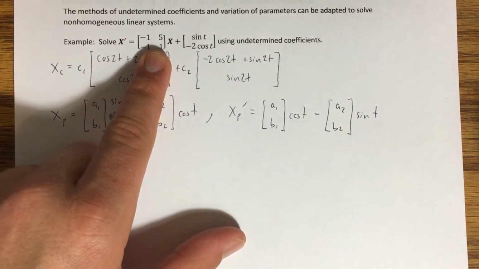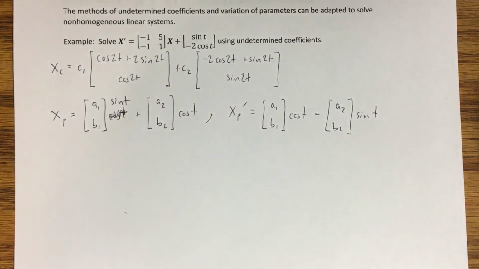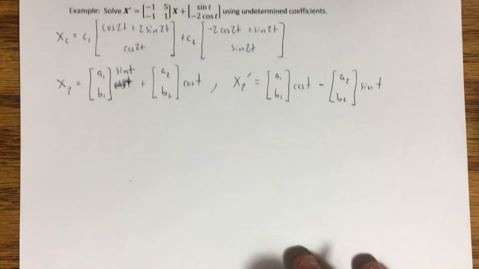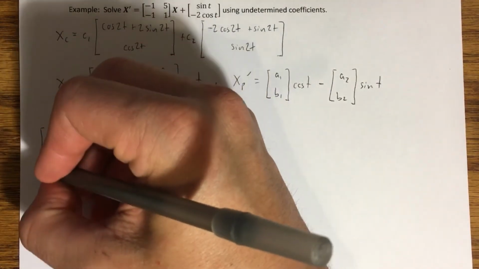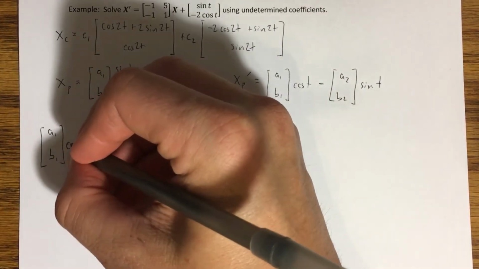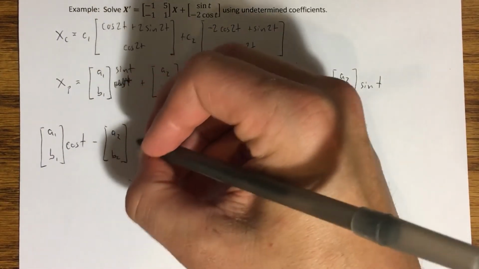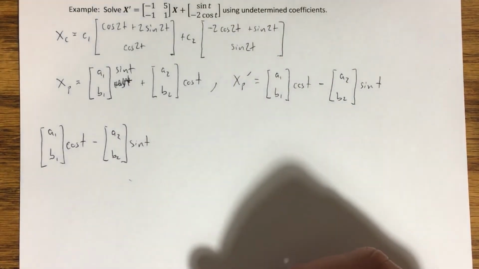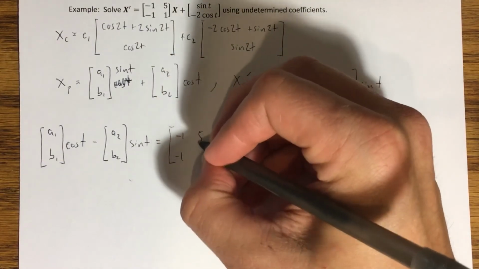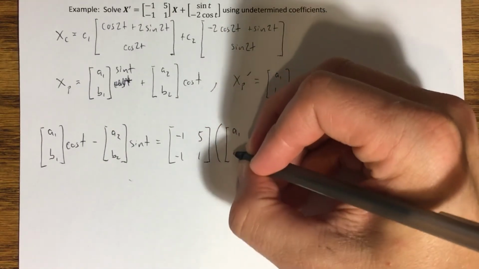up here. And I'm going to use that to equate coefficients to create this system of equations that I want to solve. So xp prime is going to show up on the left. Let's take that guy and put it on the left. A1, B1, cosine of t minus A2, B2, sine of t equals my coefficient matrix, -1, -1, 5, 1, times xp, which looks like this,